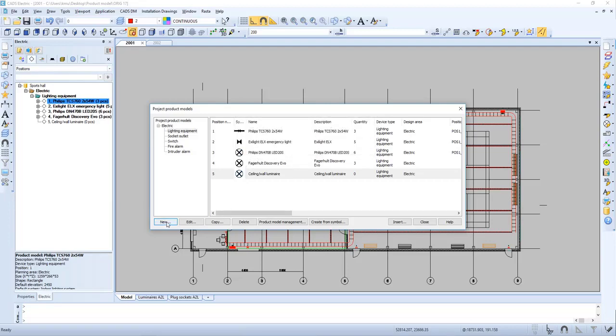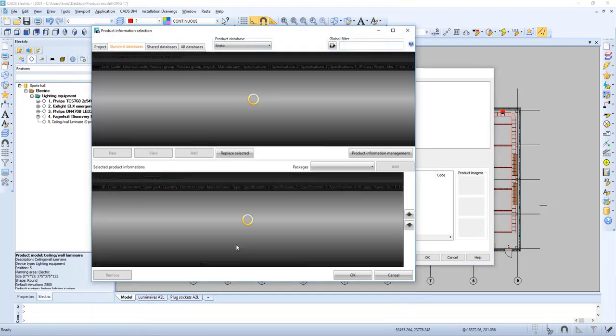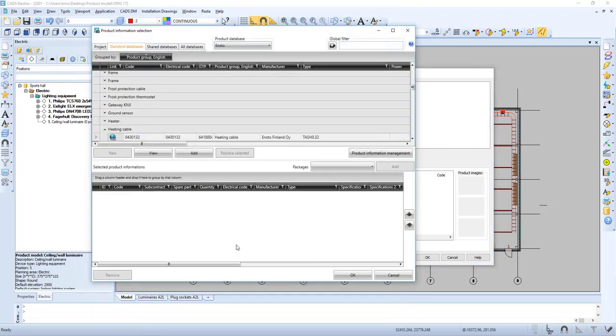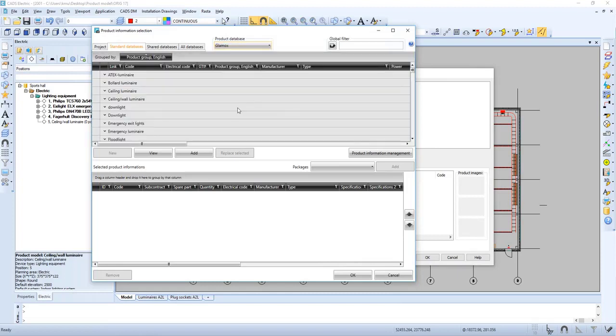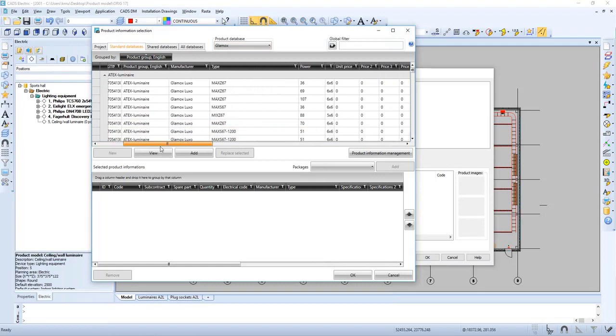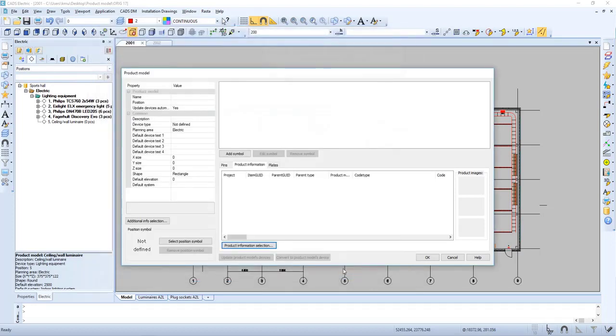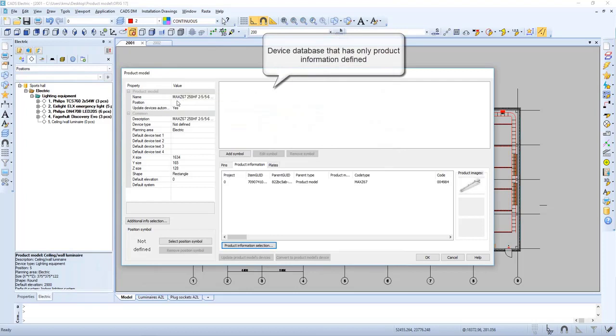So let's create another one. Once more, we go to the product information selection. Go to the database we're interested in. Add it. Now we can see that the product has only information defined, no symbols or anything else,